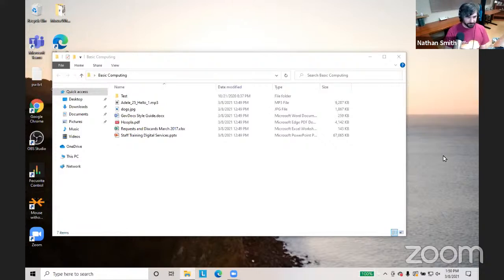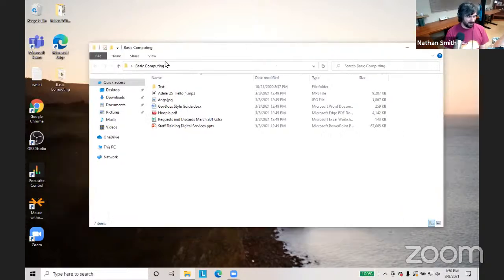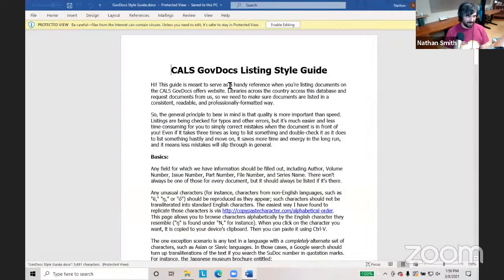So let's talk about copy and paste. What I'm going to do is I've got the file open here in front of me. I'm going to double click this file called govdocsstyleguide.docx. Back when I first started working here at the library, my job was to handle the library's government documents collection. And we were offering them to various other libraries who might be interested because we were getting rid of most of that collection. And so this was a guide that I wrote